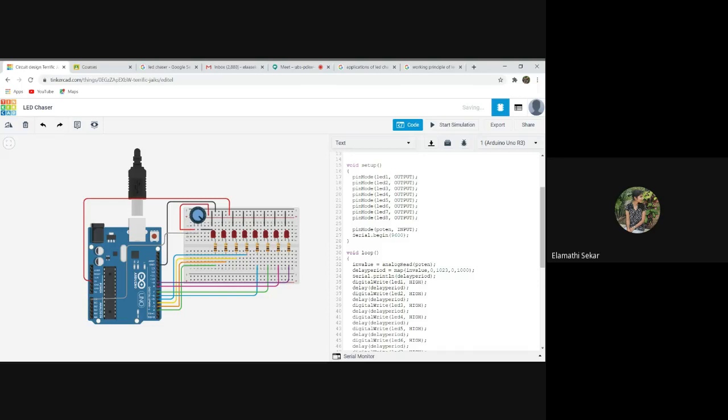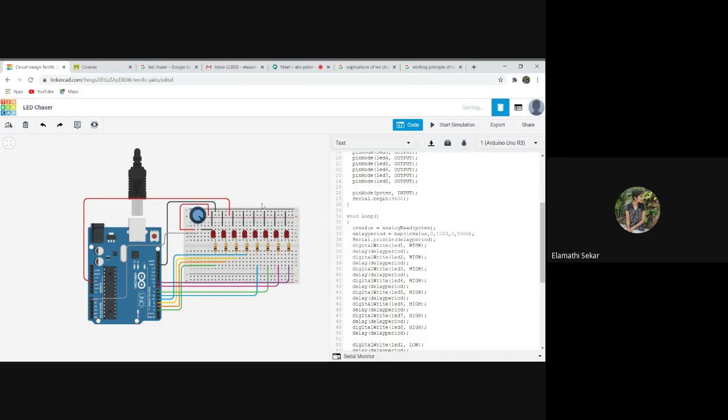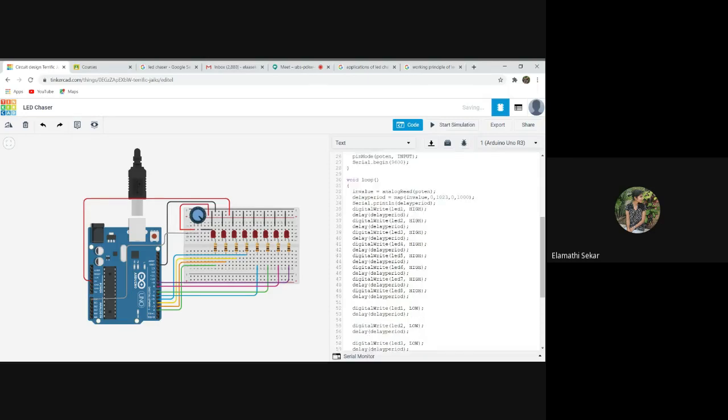Here we will get the pin descriptions for LED1. Here I am using it as output. And here poten is the input which I am getting from the potentiometer, and the function Serial.begin sets the baud rate, the transfer of data at 9600 baud rate. Then coming to void loop, I am initializing the input value. This function gets my input from the potentiometer, and the analogRead function is reading the input from the potentiometer and assigning it to this variable. Then after that, I am giving the delay period using map.